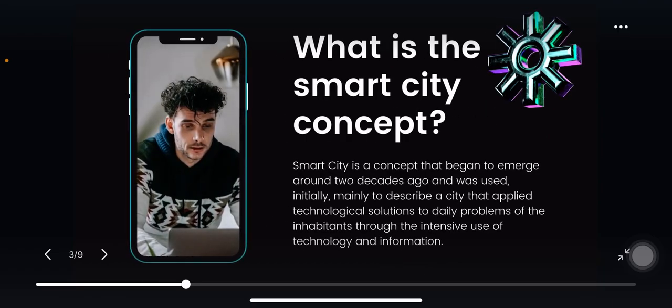Okay, the first topic is what is the concept of smart cities? Smart city is a concept that began to emerge around two decades ago and was used initially mainly to describe a city that applies technological solutions to daily problems of the inhabitants through the intensive use of technology and information. Cities have become much more complex, and public agencies are facing increasing challenges to efficiently and inclusively serve the entire